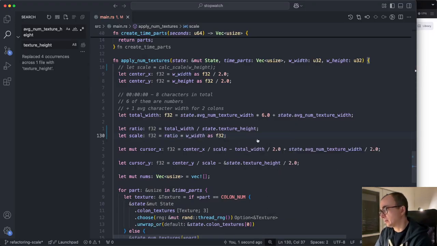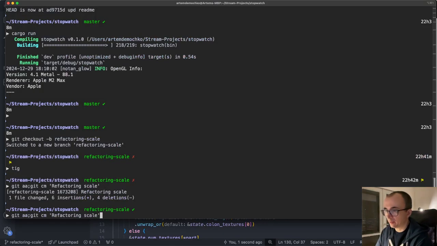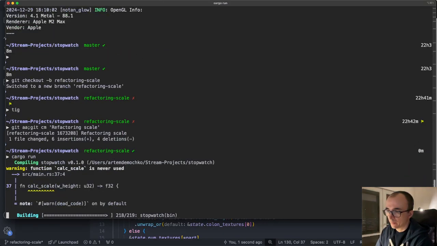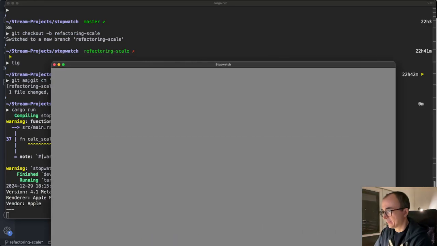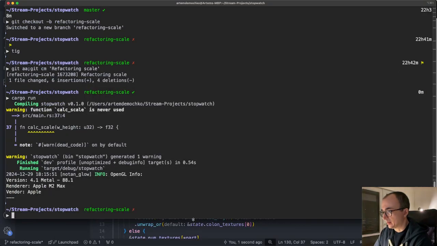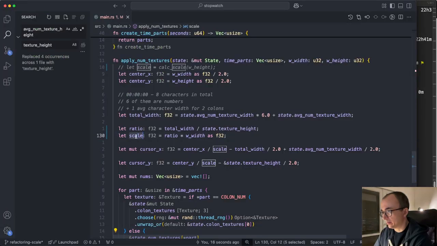It will look terrible, but I think it is the path to the solution. Okay, right. What do we get? Which scale? Total width. Oh, okay. I think it should be the other way around. Otherwise, I need